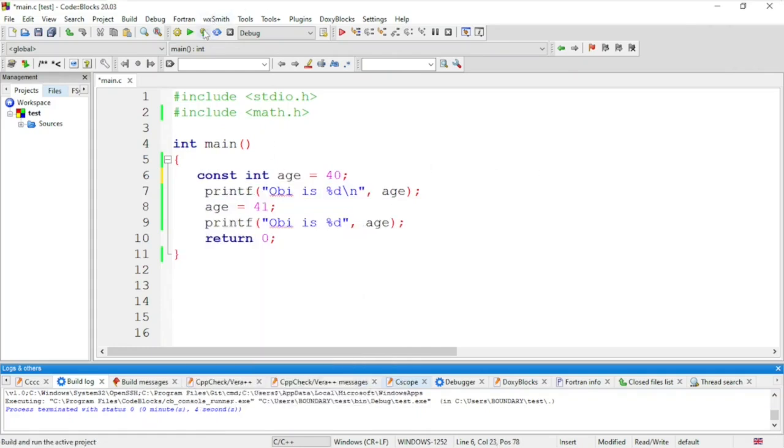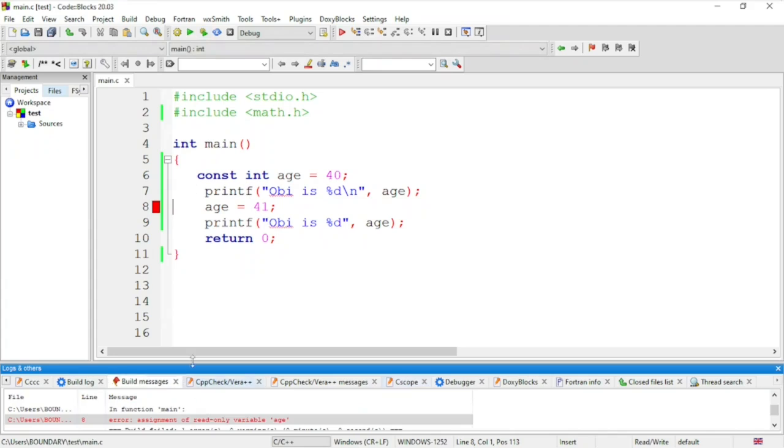Now, let's try to run this. And come down here, we're getting an error. It says in line 8, we have assignment of read-only variable age. So we are trying to change the value of age, and C does not allow that because we simply used